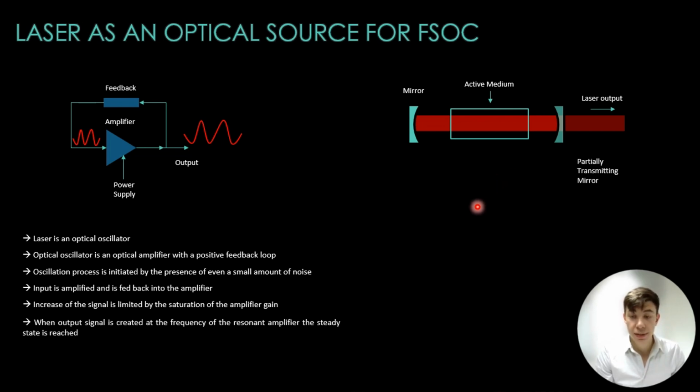lasing. This setup creates a feedback loop where a small amount of noise or spontaneous emission in the active medium is amplified as it passes through. A portion of this amplified light is reflected back by the mirrors, intensifying the light with each pass. This amplification continues until a steady state is reached, producing a coherent beam of light with a specific wavelength and phase. It is a highly directional and monochromatic beam that makes lasers ideal for FSO, enabling long-distance communications with minimal